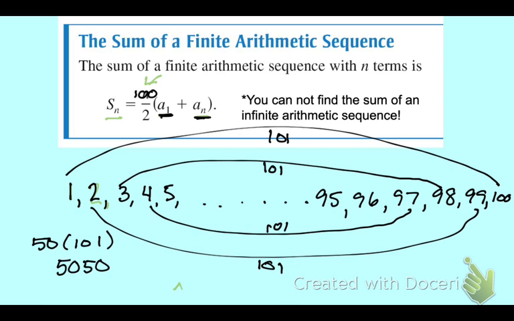Wow. Now, are the numbers from 1 to 100 arithmetic? Yes, because you're adding what? 1 every time. Okay, we don't think of them as arithmetic because they're just counting, but we are. Now, Gauss, when he was in second grade, did not come up with the formula. No, but he did have the start of it. He was the person that actually sat down and thought about it. N is how many terms? N is how many things you are adding. A sub 1 is the first term, and A sub n is the last term.